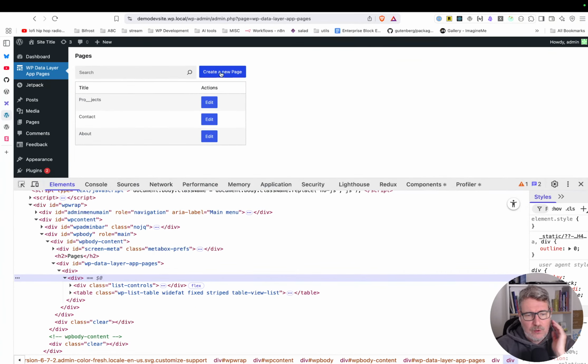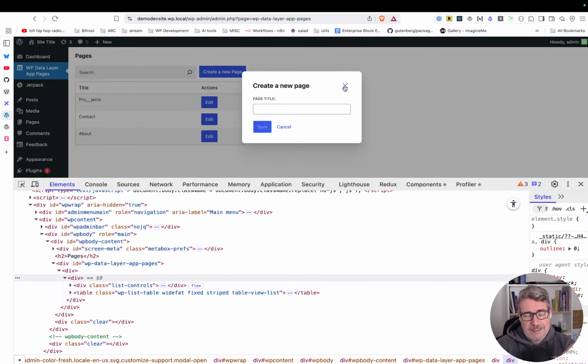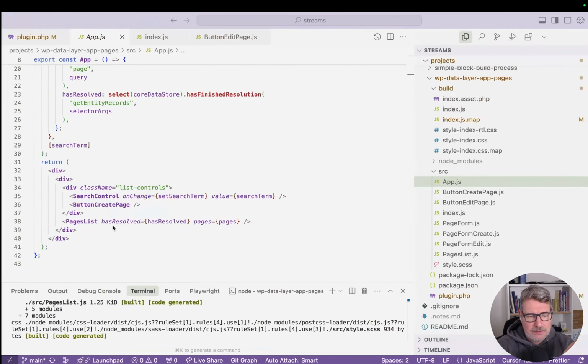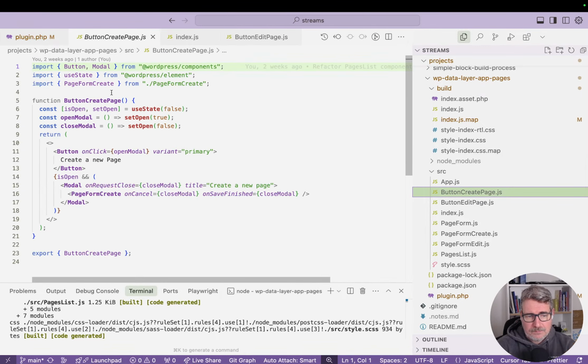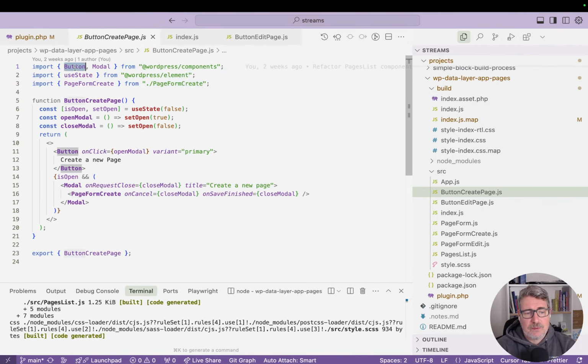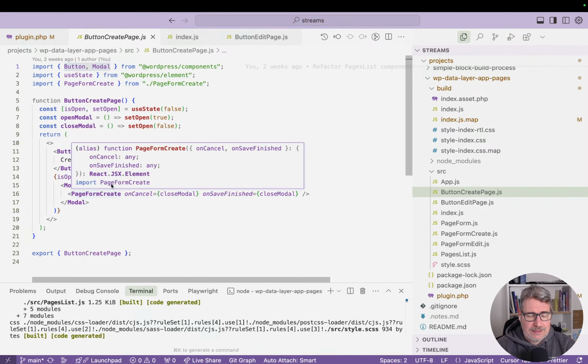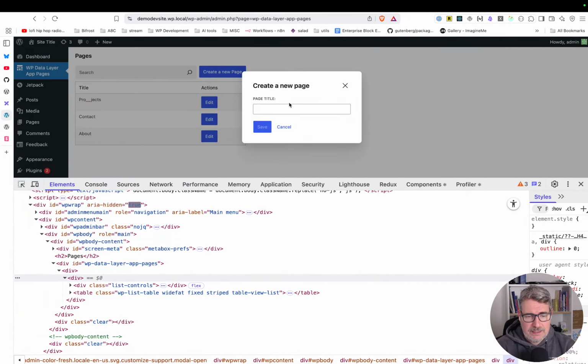So button create page, if we go to our application, which is here, is this one, button create page, which displays a modal with a form. So let's check button create page. It imports page form create. It also imports modal, and that modal is this effect we are seeing here. And inside